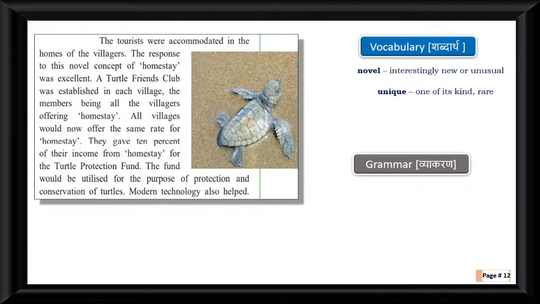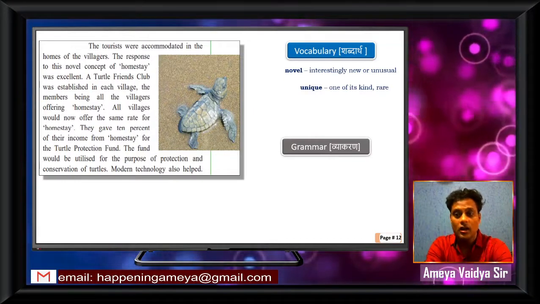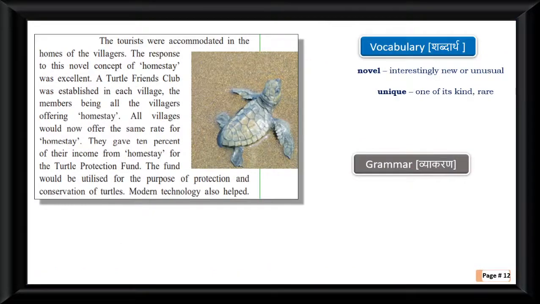All right, guys. The tourists were accommodated. Notice the spelling, guys. Accommodated: double C, double M. Accommodated. The tourists were accommodated in the homes of the villagers. The response to this novel concept of homestay was excellent. A Turtle Friends Club was established in each village, the members being all the villagers offering homestay. All villages,